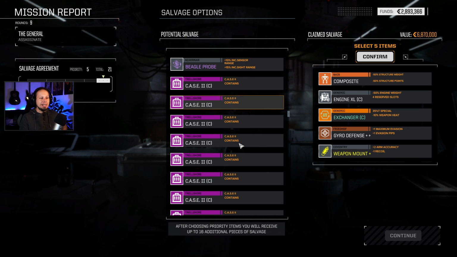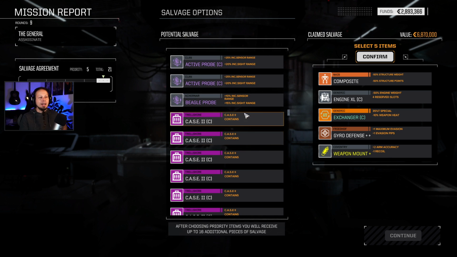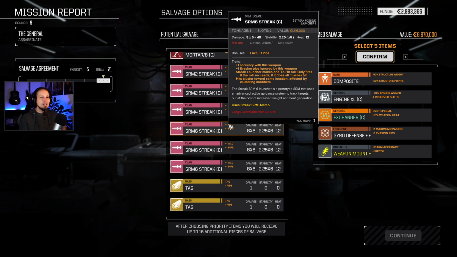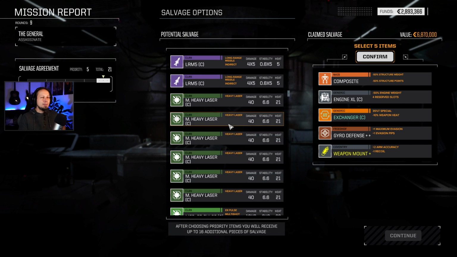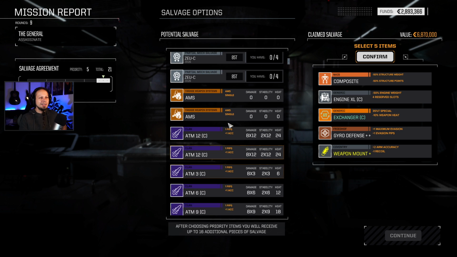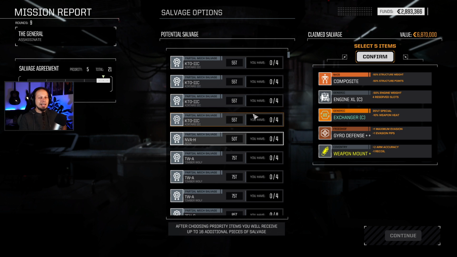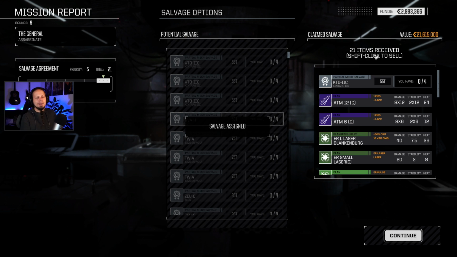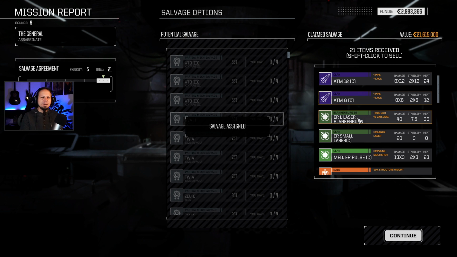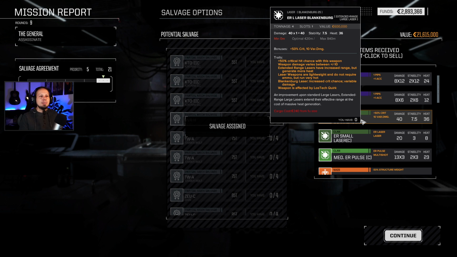I mean, this is 21. I know, we have a lot of garbage stuff here. Like, lots of cases, lots of single... Well, streaks are actually worth a bit. 1 million each. But lots of LRM single items here. This is so cluttered. Yeah, I will settle with what we got here. It's alright. Cool. We get a Kintaro part. We get some ATMs here. I will keep them for the moment. ER Large Laser Blankenburg is...